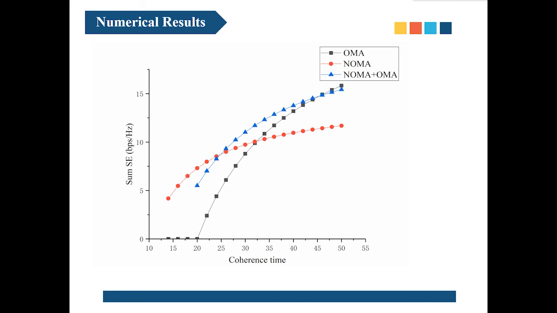However, when the coherence time is too short, the length of the pilots is greater than that of NOMA, making its SE lower than NOMA, and when the coherence time is too long, the length of the pilots has little effect. But the interference caused by NOMA users decreases the sum rate and SE. Therefore, cell-free massive MIMO with OMA achieves the best performance.